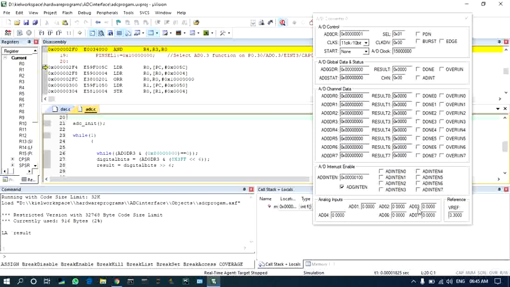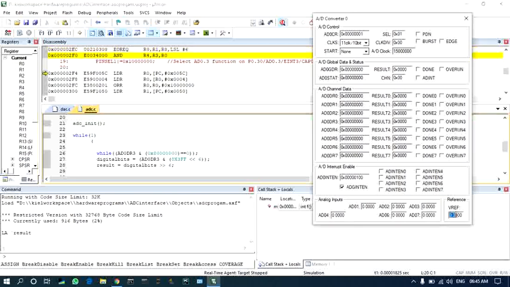So we have enabled AD0.3. We are going to give a sample analog input value, and it should be less than 3.3. You can see here VREF is given as 3.3. I have set 1.5 volts, and let me run this program.